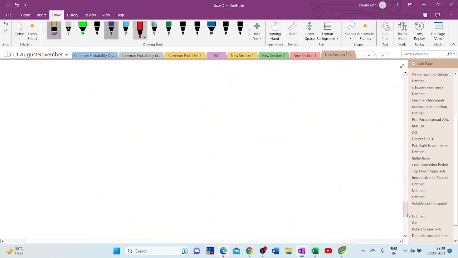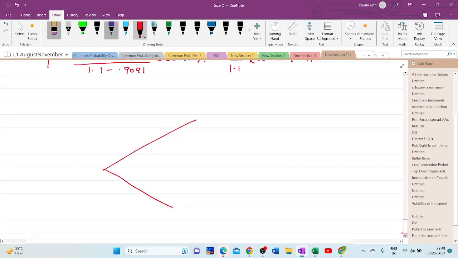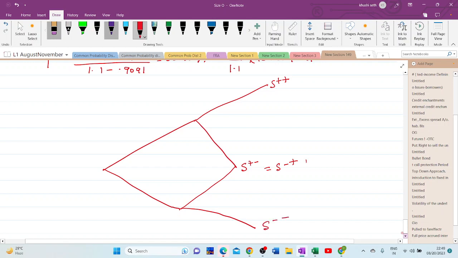वही करना है नेक्स्ट। 2 पीरियड बाइनोमियल, तो 2 पीरियड बाइनोमियल मॉडल क्या, आपने ये 1 पीरियड बनाए, अब 2 पीरियड कुछ ऐसा होगा। ये होगा मेरा 2 पीरियड बाइनोमियल मॉडल S प्लस प्लस, S प्लस माइनस विच इक्वल S माइनस प्लस, एंड S माइनस माइनस। पहला पीरियड यहाँ खत्म होगा एंड दूसरा पीरियड यहाँ से चालू होगा और यहाँ पे खत्म होगा। ठीक है, तो ये एक्चुअली लाइन मेरा गलत बन गया।